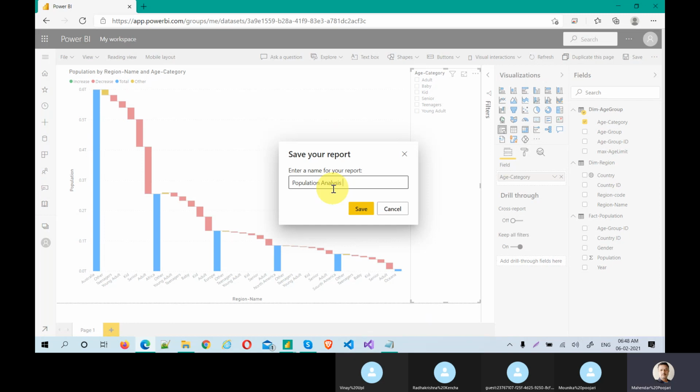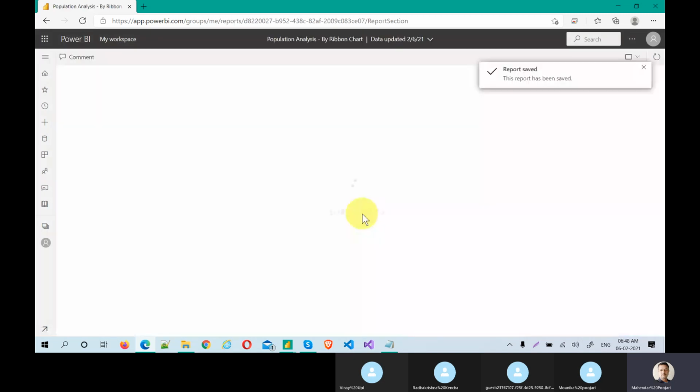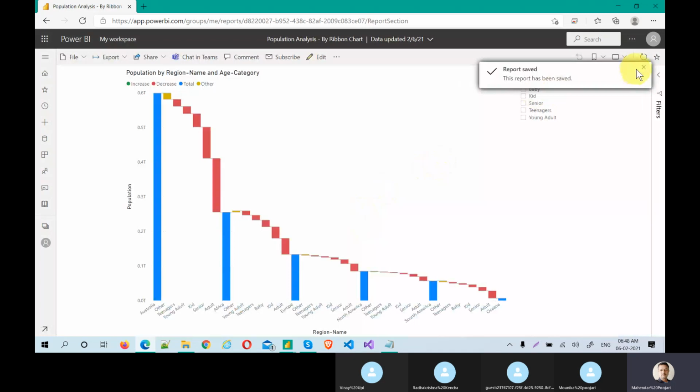This is by a ribbon chart. Save this. So now you see, from one data set we have created 3 reports now.